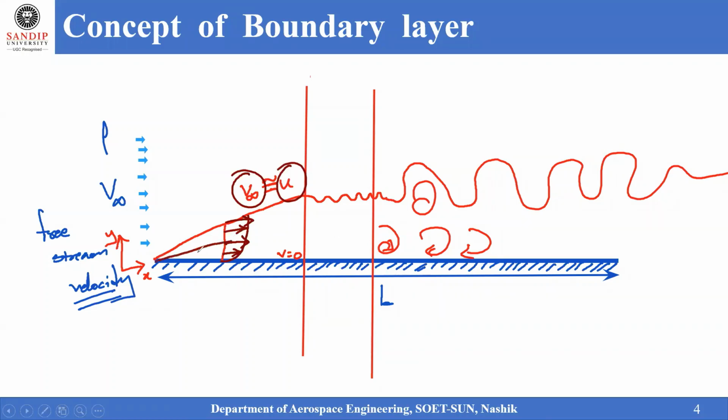I am drawing these velocity lines which have initiated from the point, let me write it as A and this point B, and also from points C and D. Between points A and C, although at the surface the velocity is 0, slowly it started incrementing, and finally it reached V infinity, approximately equal to u, above this layer.